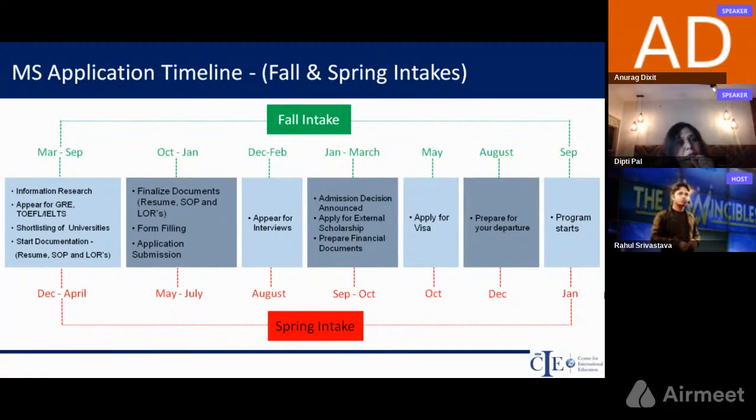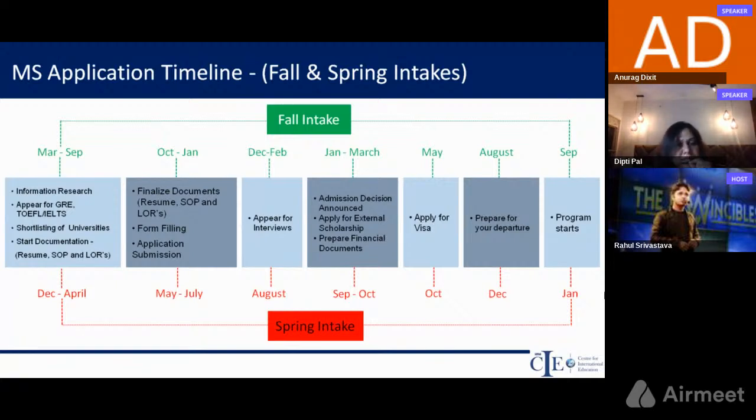So October 22 to Jan 23 is a window where you have to submit all your applications, along with finalizing your SOP, LORs, and filling up your application form online and just submitting entirely. December to Feb is a time where, if you have applied to Masters in Business Analytics or Masters in Engineering Management, which are more interdisciplinary kinds of programs, they do have interviews as a part of the process. So that's the time where you will get the interviews, and you will have to appear for them.